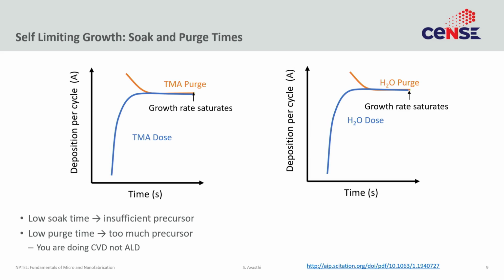So now supposing I give you a new precursor A and a precursor B and ask you to come up with a recipe for ALD, how do you go about making a new recipe? All you have to do is understand the basics of how ALD works, and then optimize the 4 parameters that you have under your control. What are the 4 parameters? You have the dose of component A, the purge of component A, the dose of component B, and the purge of component B.